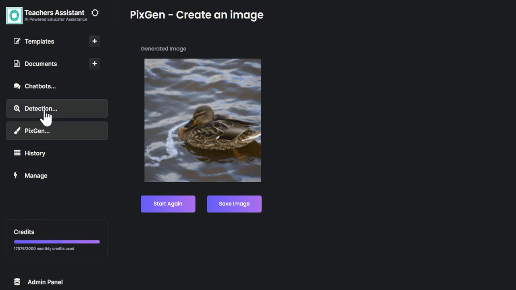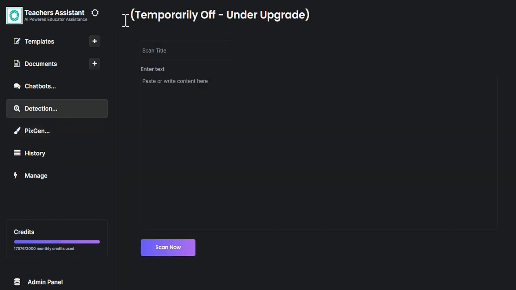Duck in water. Detection is coming soon. You can see that it's in construction. I won't go into too many details about that because if you've logged in, you'll be able to see when it is released in version 2.0 of TA that will come out. Just as a snapshot, what you'll be able to do is import student work, and the output will give you the probability of it being written by AI or if it's been copied and pasted from the internet. But the kicker is that it will tell you and give you the hyperlinks to the websites the student has